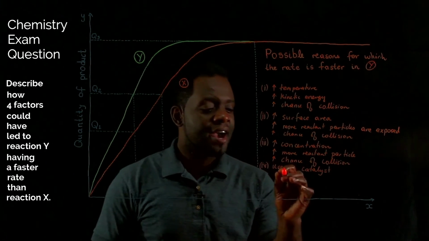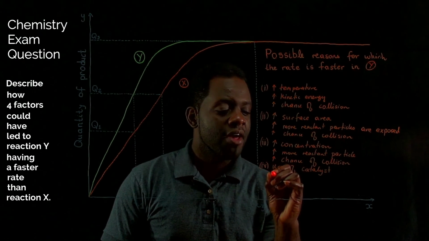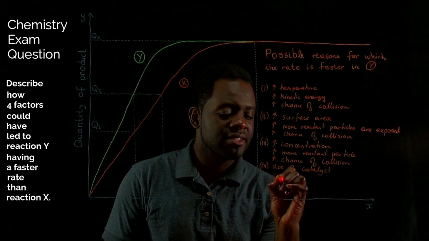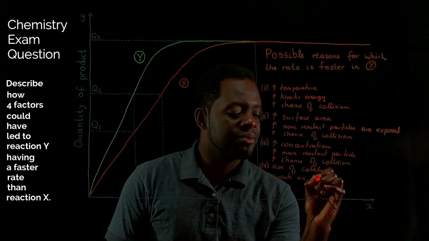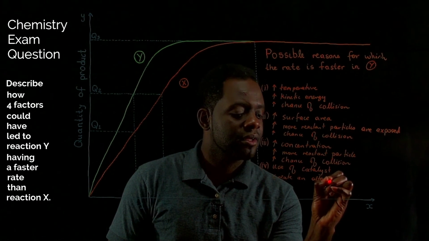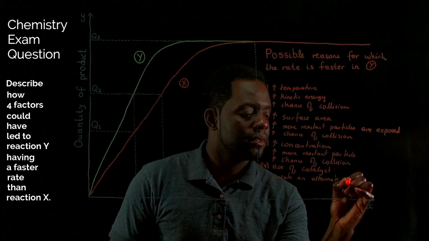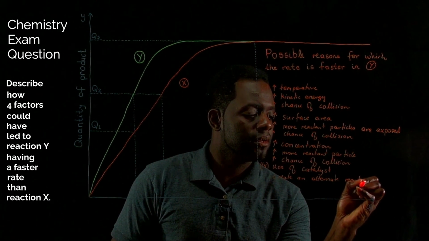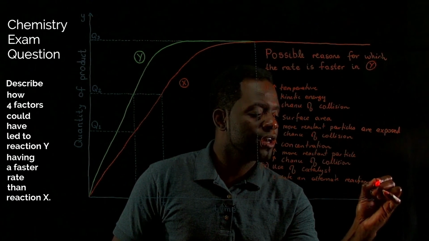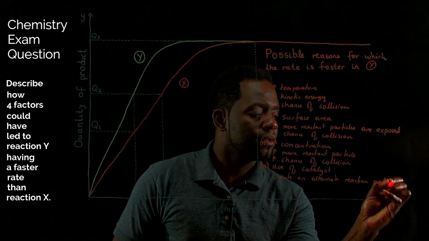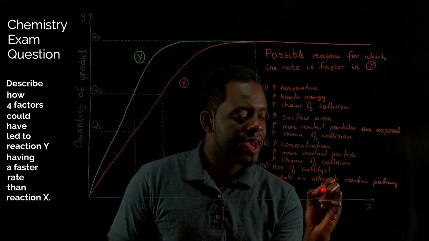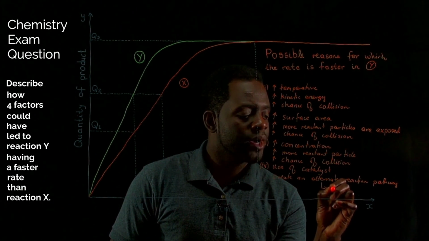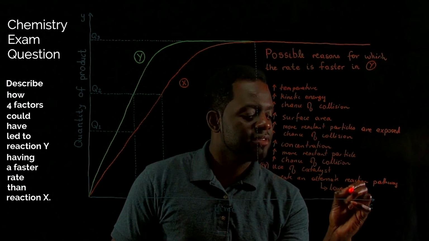So if we have a catalyst, that would create an alternate pathway for the reaction to occur, and that alternate pathway would have a lower activation